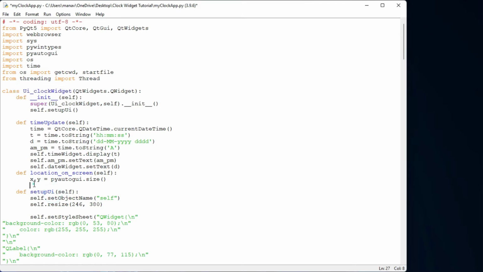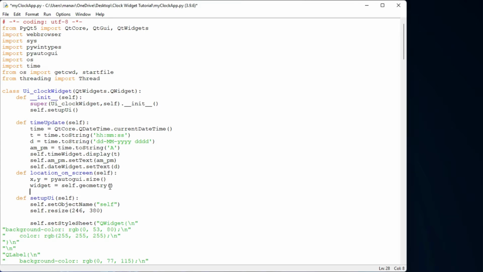So how can we get the window size? I will get it like this. I will first get my current widget with self.geometry. Now I have the widget. After getting this widget, I will access its x value. So I will use x equal to x minus, I am subtracting the width of the widget from the width of our screen size.